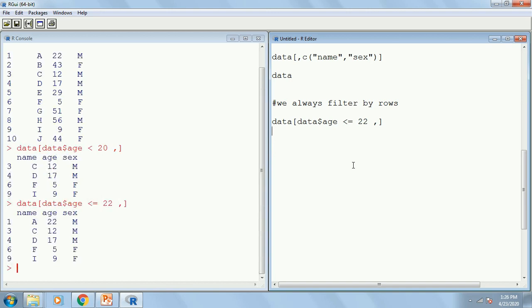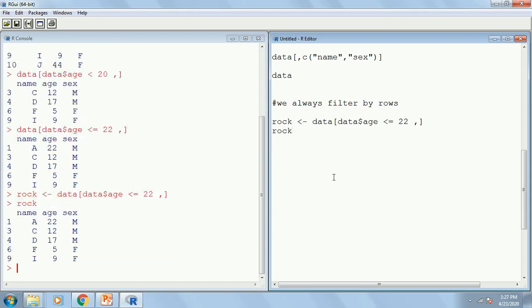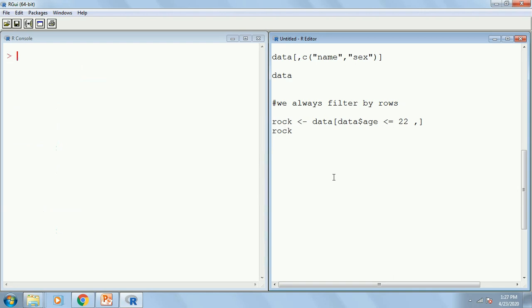Okay, but I have not saved this result, so this result will be lost. If I want to save this result, you can save it by giving some name like rock. So rock will be this result. If I had not saved it, these results would be lost. It's only getting displayed, but it will not be saved.